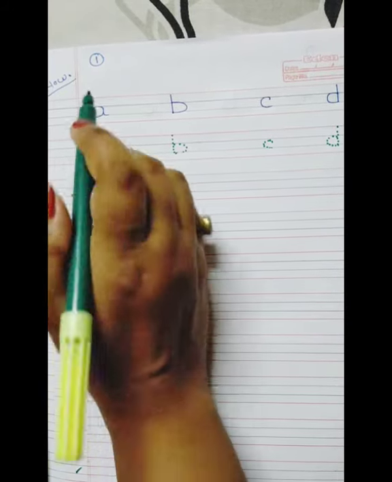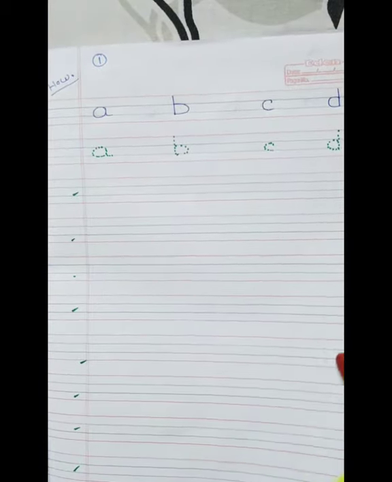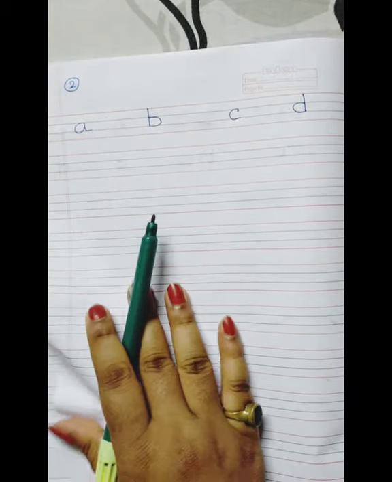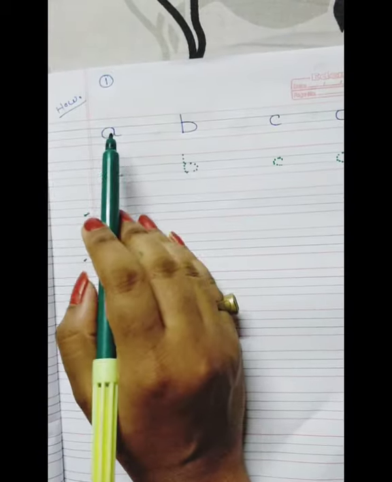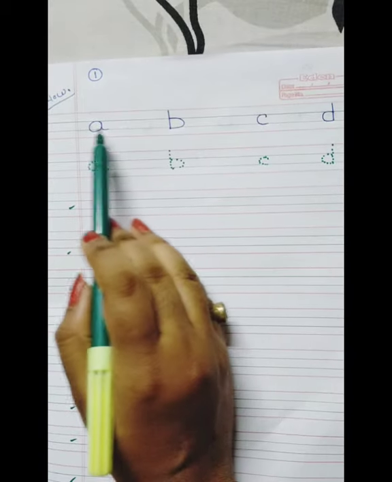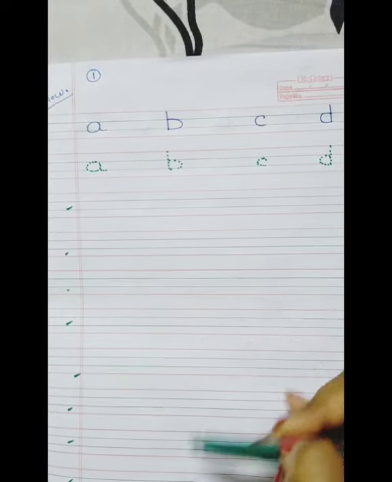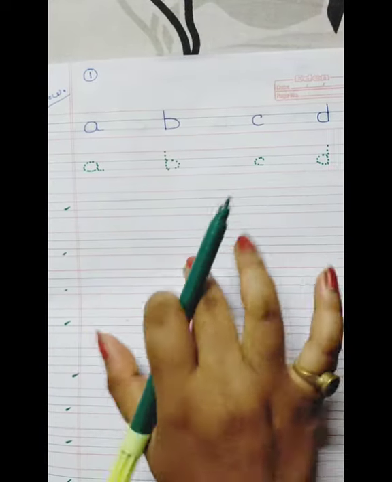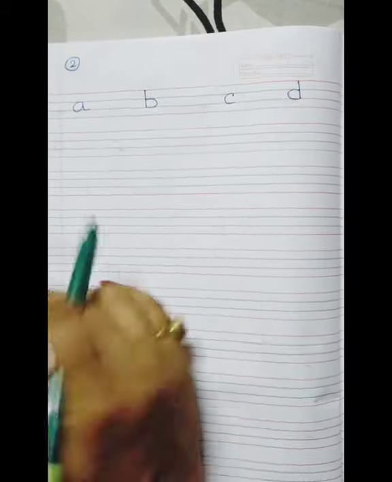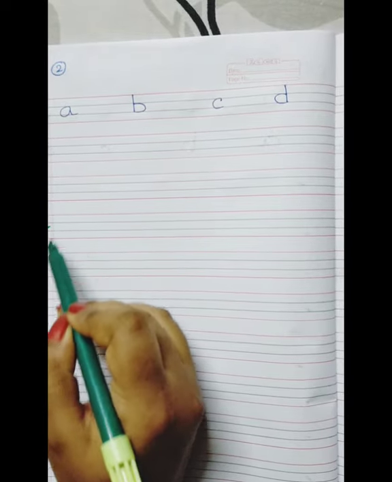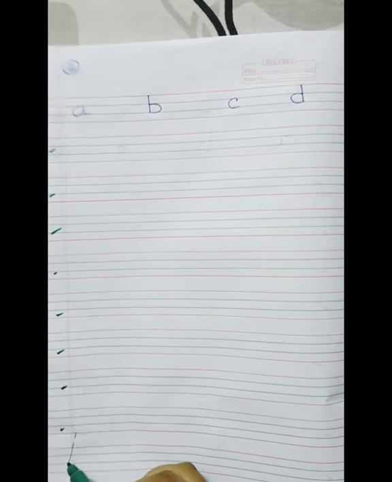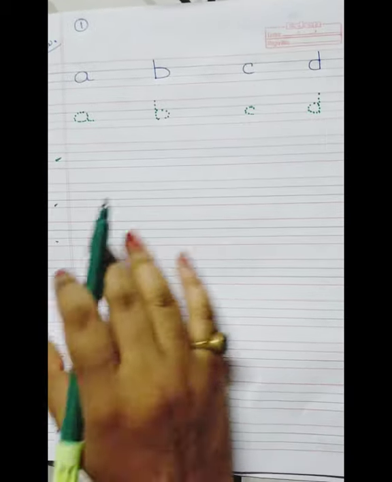Okay. So 2-page handwriting for them. 1 and see, 2-page. This is for the parents. You will write the topmost line, then make dots for them and ask your children to fill up the whole page. This page they will fill up and the following page also they will fill up. These 2 pages are the homework for them.